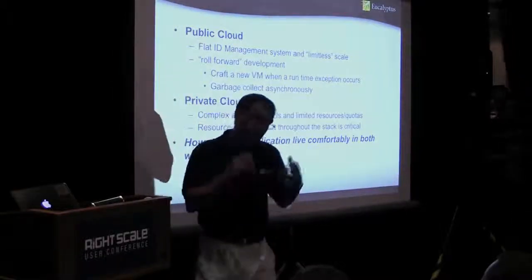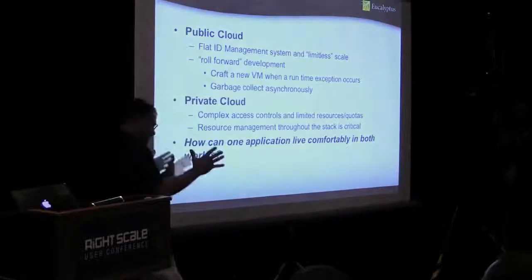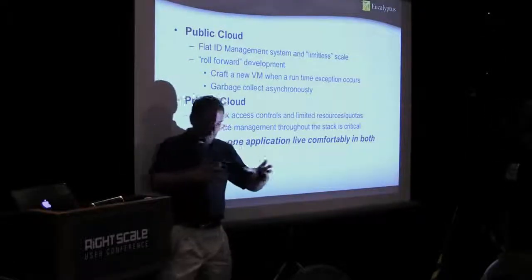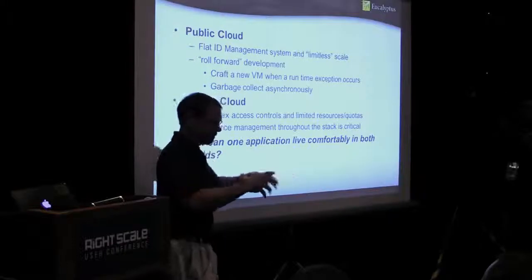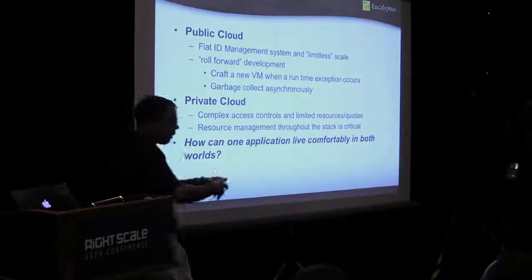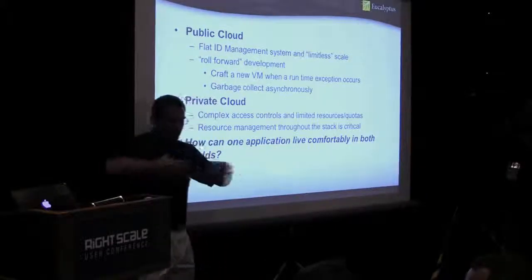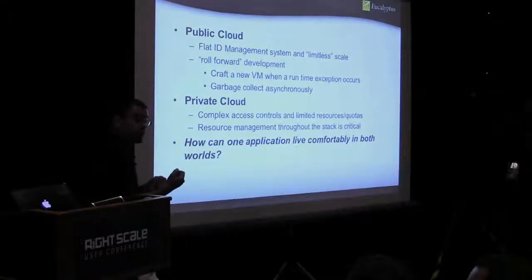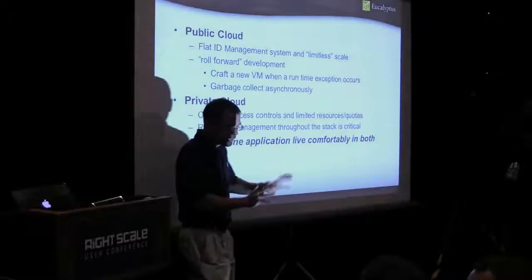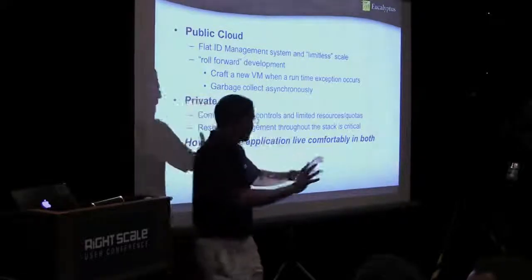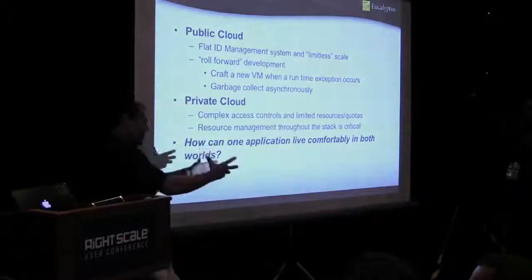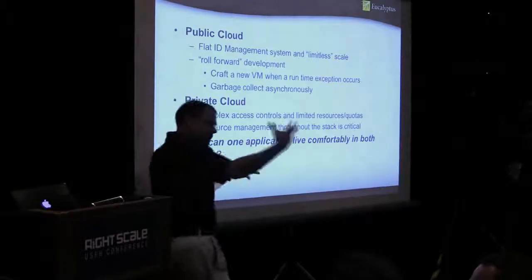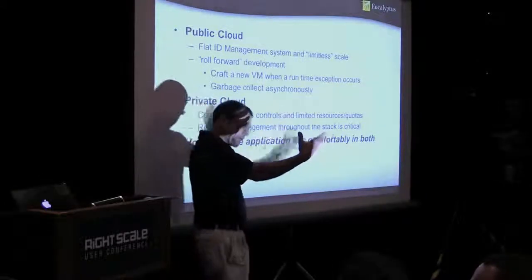Torsten's idea, which he calls roll forward, is this: in a public cloud, when your application is failing, hopefully not, or expanding its footprint, or slowing down because of load, you simply add new resources. You don't try to defend against failures or against denial of service attacks. You just allow the problems to happen, and as they happen, you spin up new pieces of your application, and you tear down the old ones.